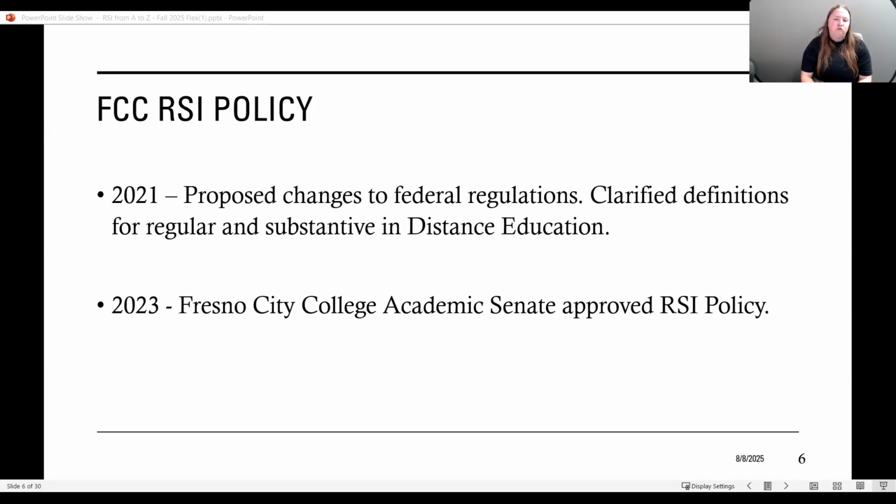I'm pasting in the chat just in case you don't have a copy of the Fresno City College approved RSI policy through Academic Senate. Please save and download that. We're using that as guidance in our trainings and also in supporting you to implement and integrate RSI into your courses. And so please take a look at that if you are not familiar with it.